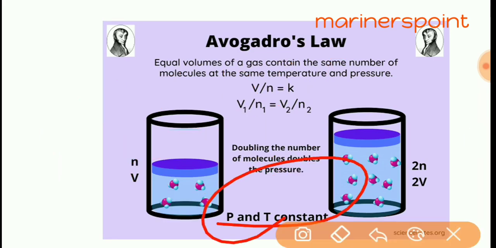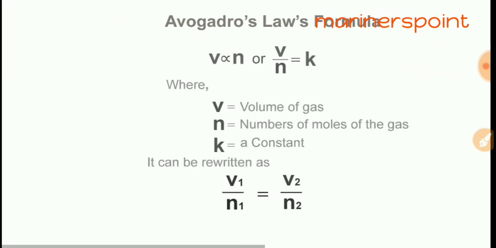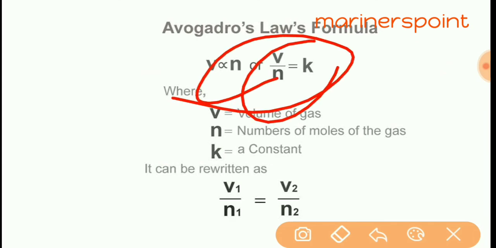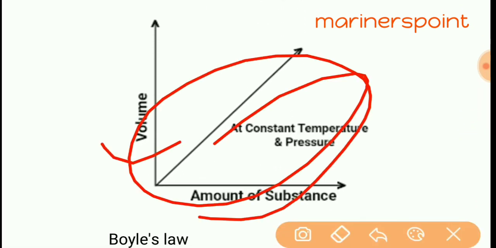Always remember, in the gas laws one parameter is constant, or two or three parameters are constant, in which n and R are approximately always constant, but in Avogadro's law n is not constant. P, T and R are constant. This is our relation. We can see, yes, V1/n1 is constant. We can also draw the graph of volume and amount of substance. Okay, this is all about the laws of gas.